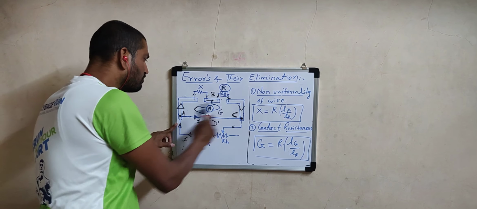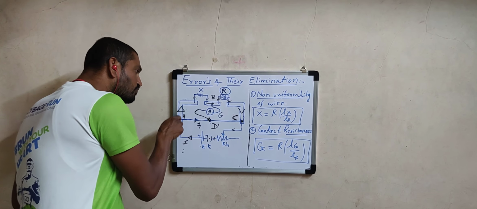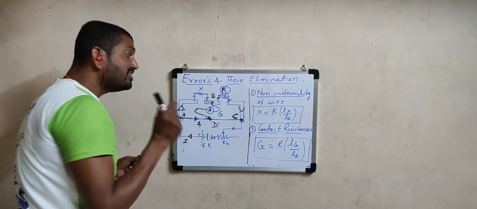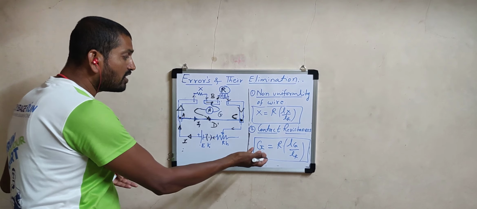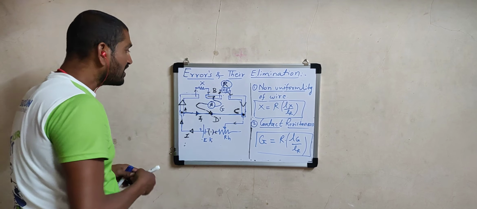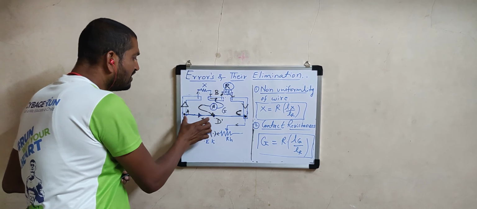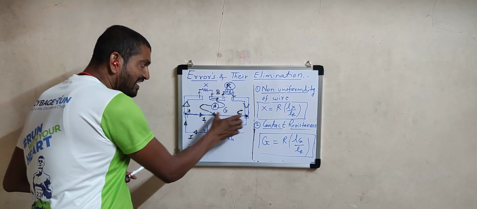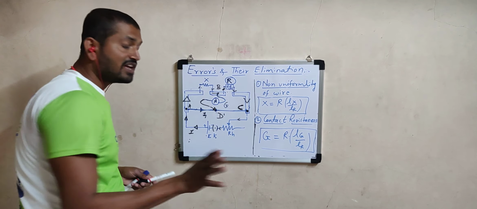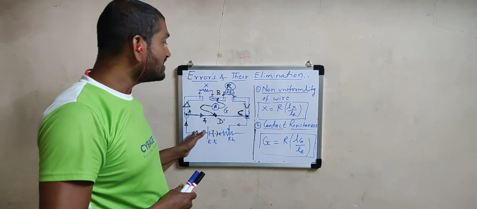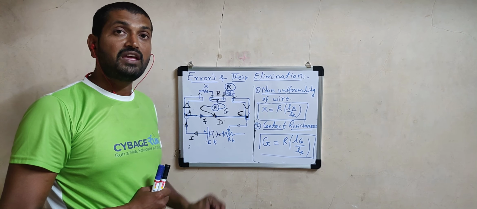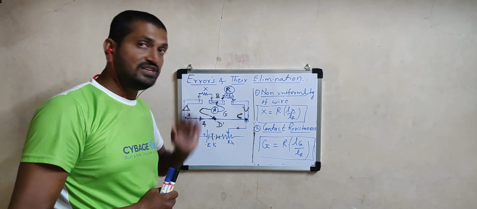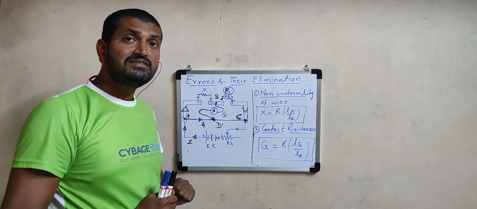It means at these 2 contact points, due to the length wound around the screw, some resistance may come into the picture, and that resistance we have not considered in this formula at all. We are considering only X, R, the resistances between points A and D, and D and C. Contact resistances are not considered. As these resistances are not considered, guaranteed there is some sort of error in the measurement of X and G. So how to minimize it?